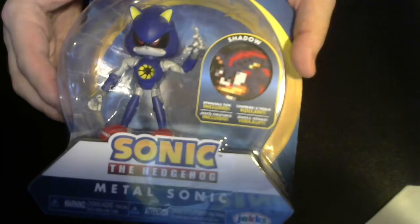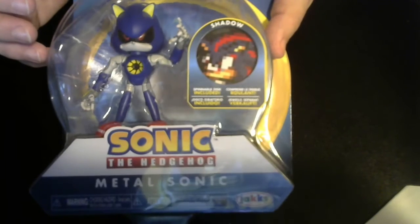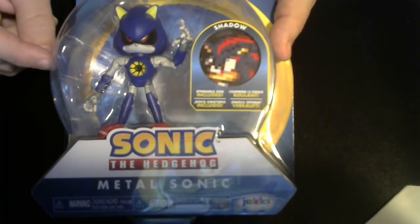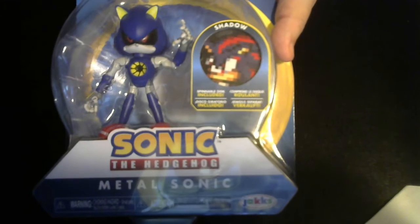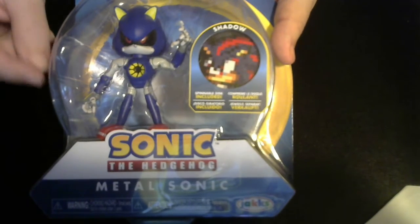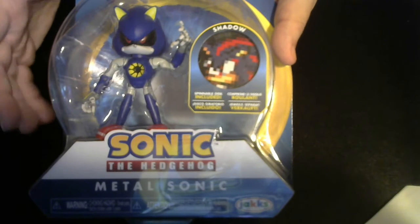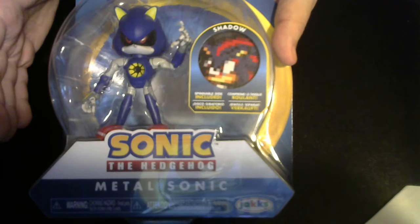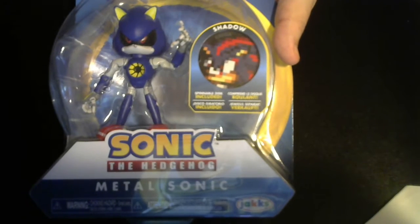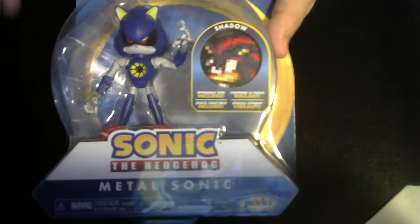And then we have Metal Sonic with Shadow. Now, the Metal Sonic with Shadow does make a little bit of sense if you know the storyline of Sonic Heroes. I believe it's Shadow that's carrying... Oh, I could be wrong about this, by the way, but I believe Shadow is carrying... No, it's Omega carrying Metal Sonic away after the events of Sonic Heroes. But Shadow's with them. It made it look to me like they were going to make Metal Sonic part of Team Dark. I don't know if that's the direction they were planning on going, but that's who was carrying him, was Omega. But so we have Metal Sonic, and then